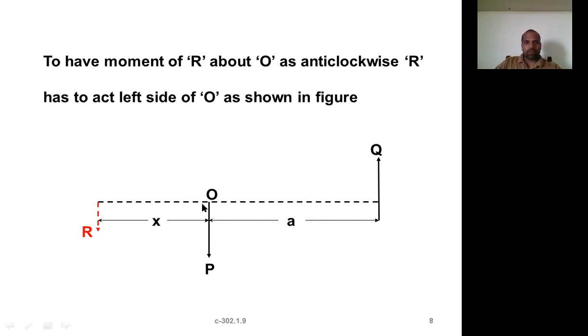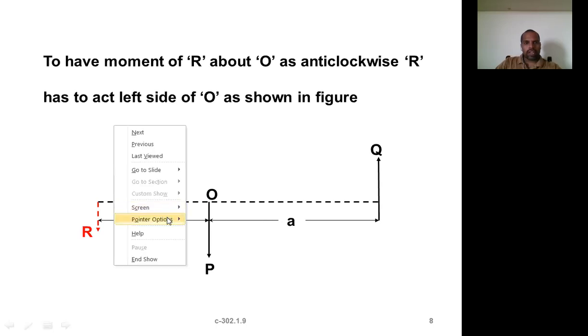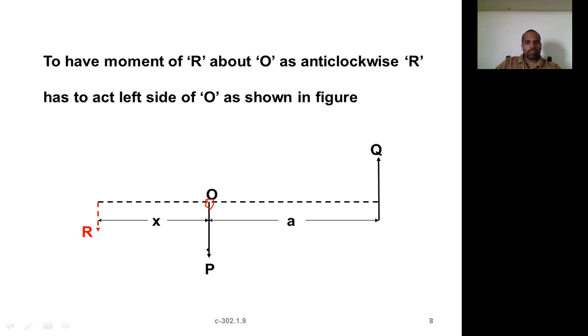So this one is creating an anti-clockwise moment. If you take the moment about this point for these two forces, it is an anti-clockwise moment, right? About this point, of course, P does not produce any moment, whereas Q produces a moment equal to Q into A, in what direction? In the anti-clockwise direction. Similarly, the algebraic sum of all the forces is creating a moment in the anti-clockwise direction, so the moment of the resultant must also be anti-clockwise.